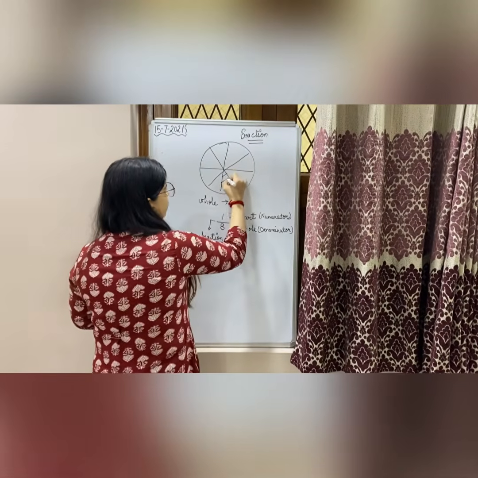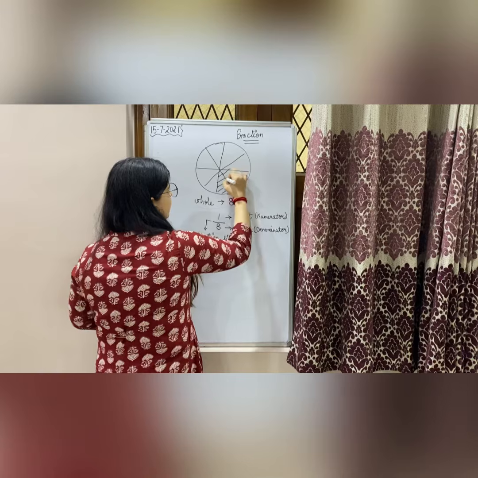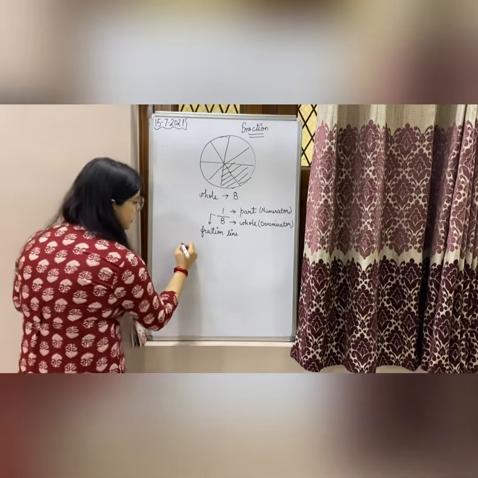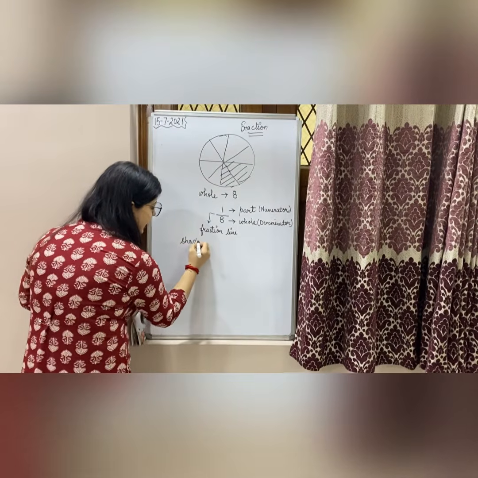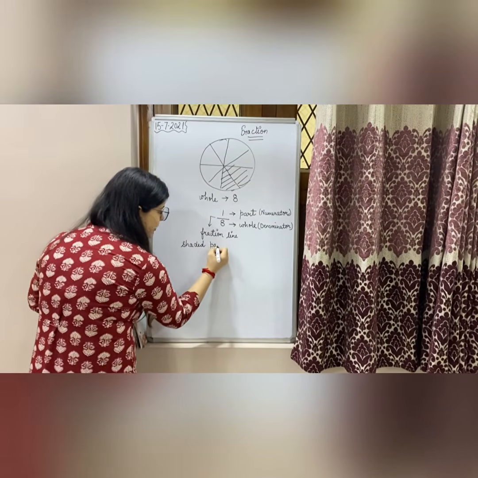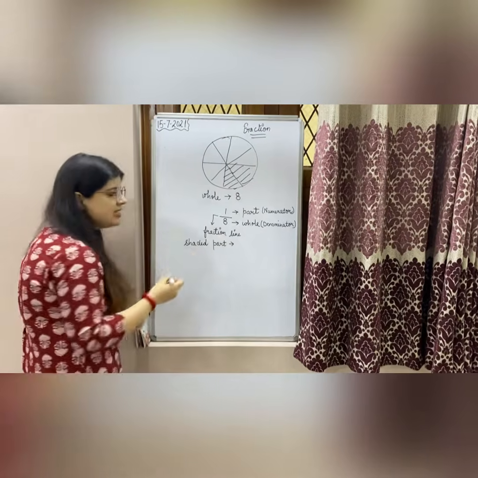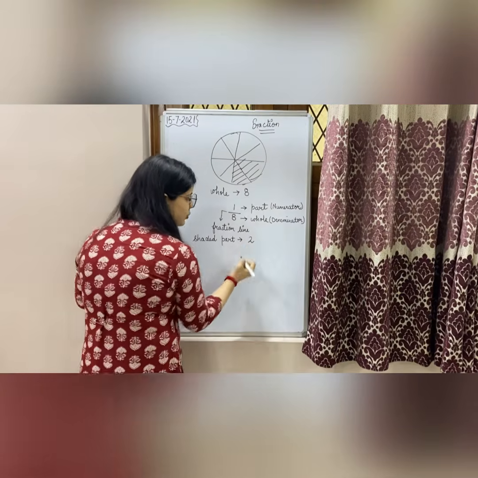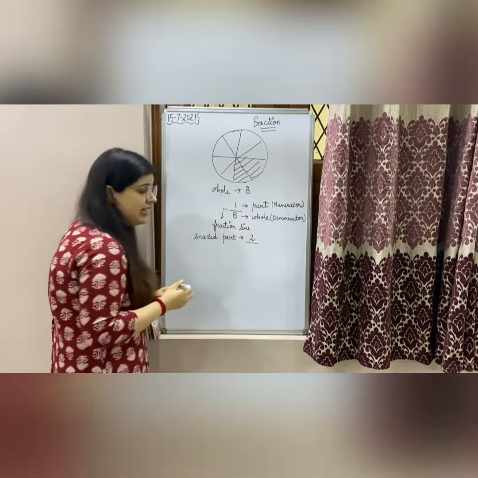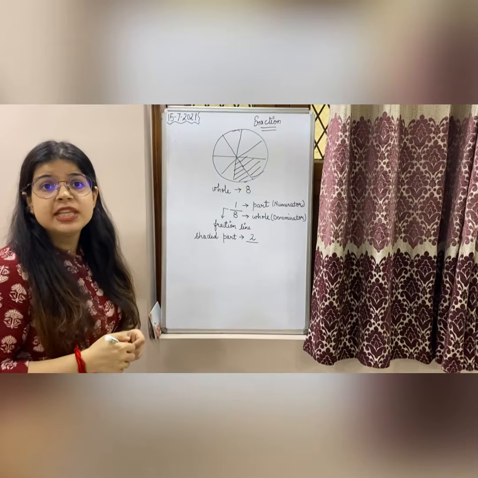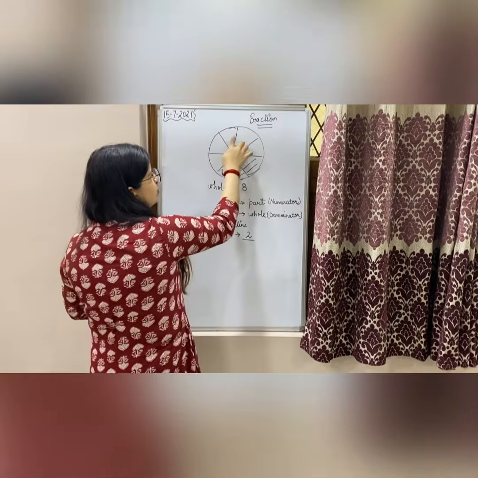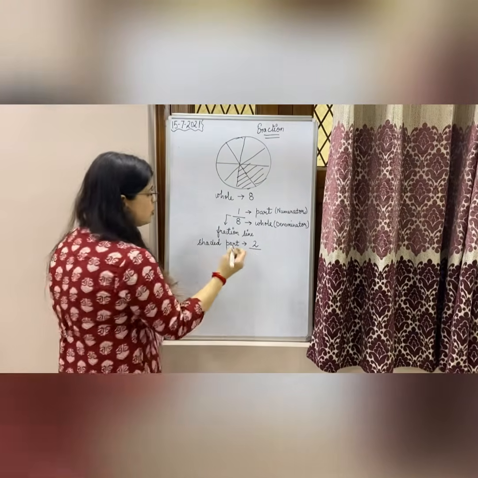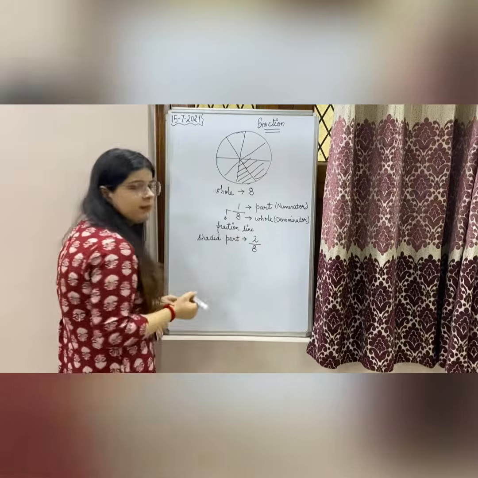If I say I have eaten this much part, the shaded part, how will you write the fraction for this shaded part? I will first count the parts that are shaded in it. 2 parts are shaded, so 2 will come in my numerator and then the fraction line, and now in your denominator comes the whole. So I'll count the whole parts: 1, 2, 3, 4, 5, 6, 7, 8. There are a total of 8 parts in it. So 8 will come in your denominator.